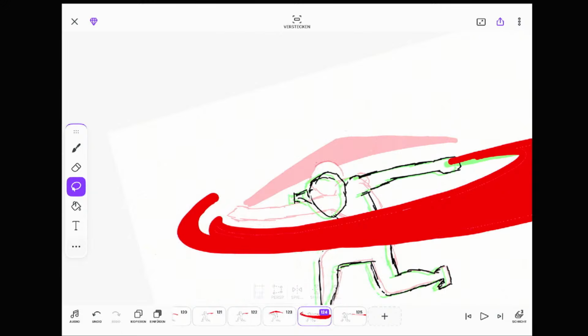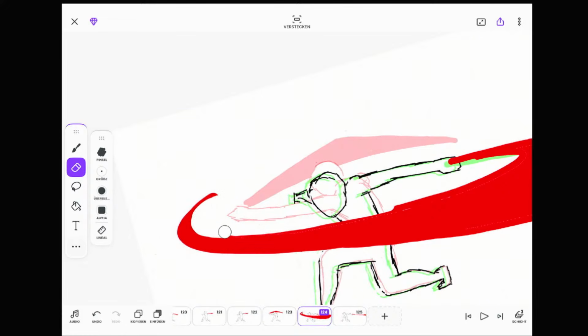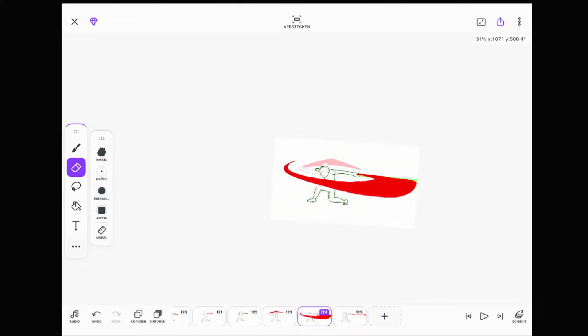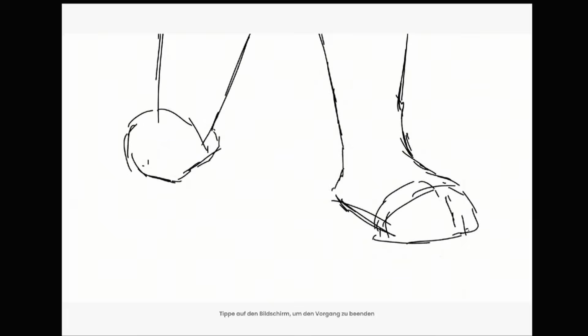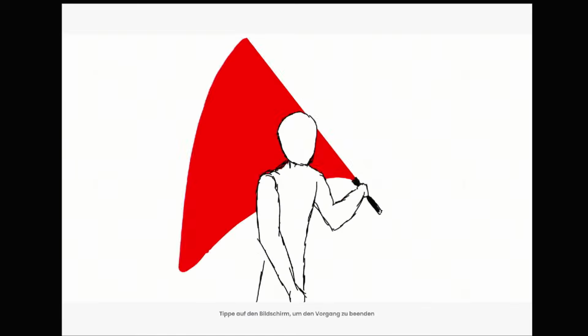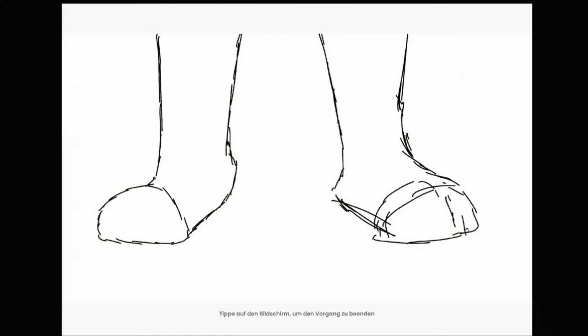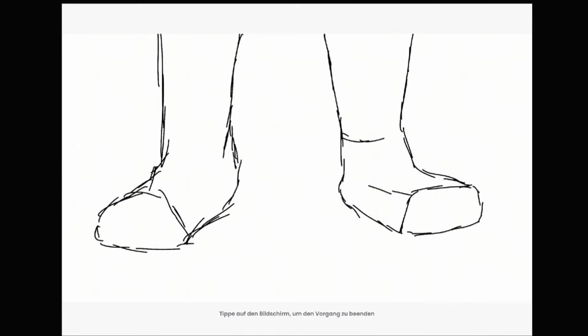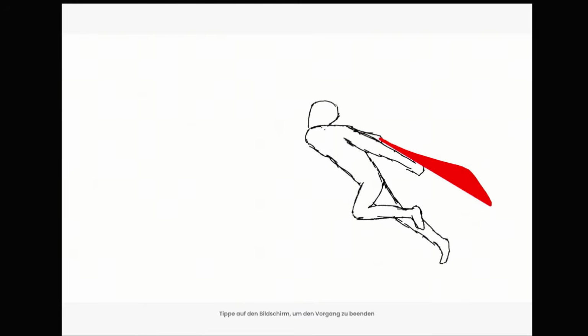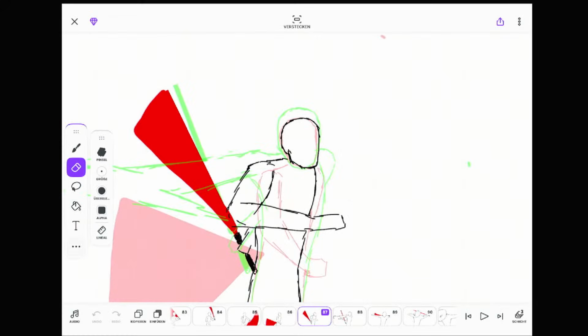Add. Quick. Okay. Yeah, way better. Nice. Nice. Okay, that worked pretty well.